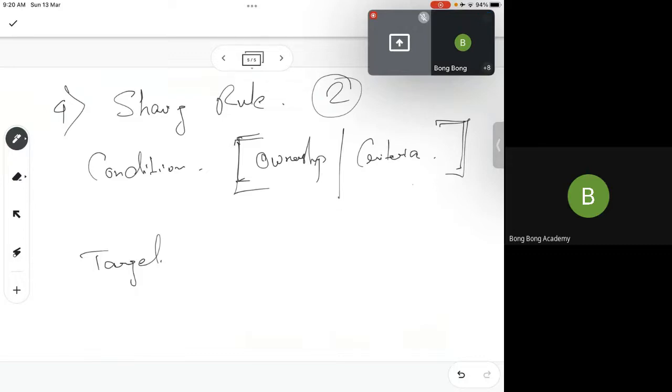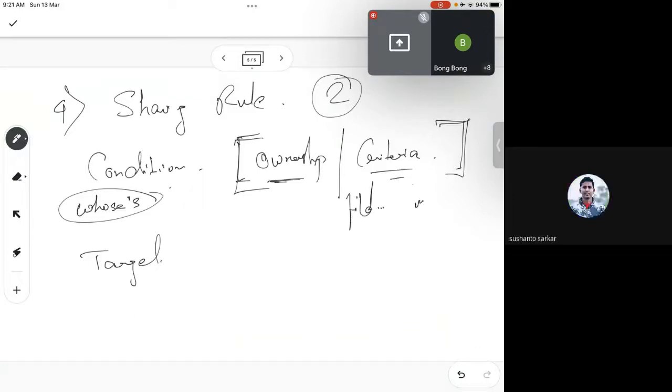What is an ownership based sharing rule? If your condition is checking based on who is the record owner, whose record, then it is ownership based sharing. But if you are checking any criteria, like you are using 2 or 3 fields as conditions, field values, in that case it is criteria based sharing.